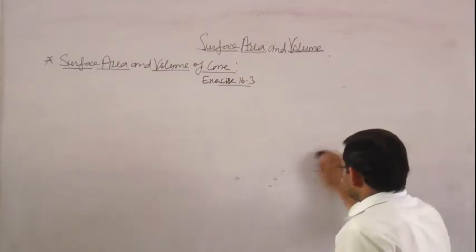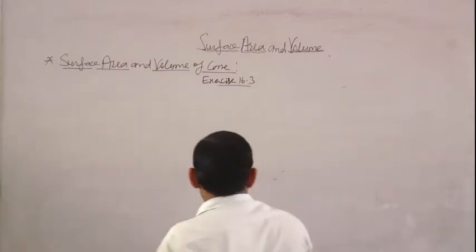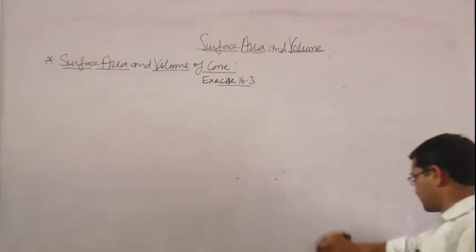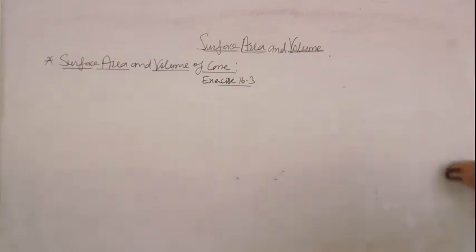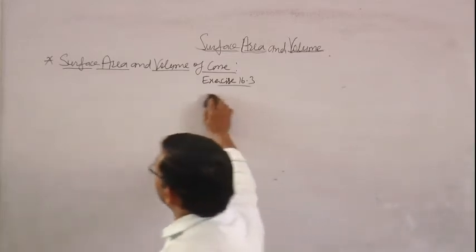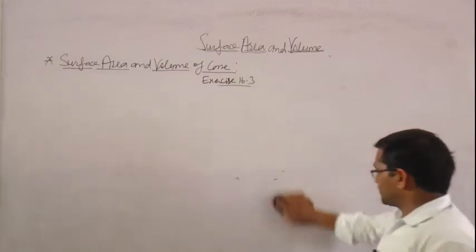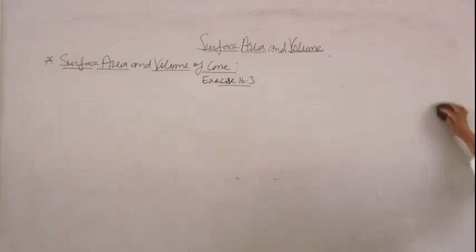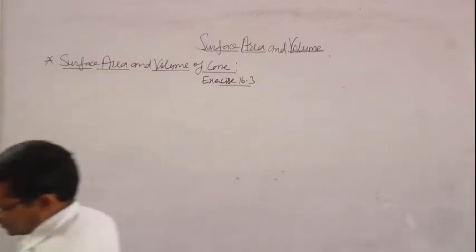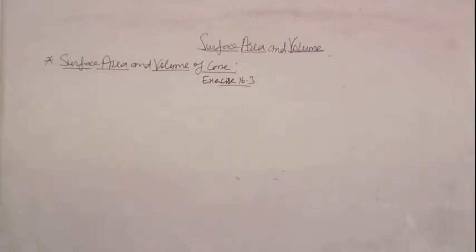According to question, we use given values. In this question, what is given? Base area of cone is given. Base area of cone, it means pi r square. So by using this we find radius. Okay, now